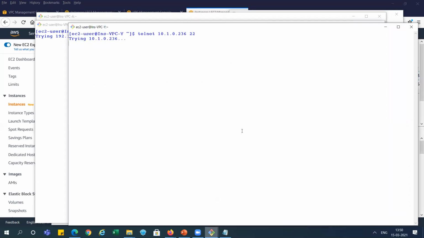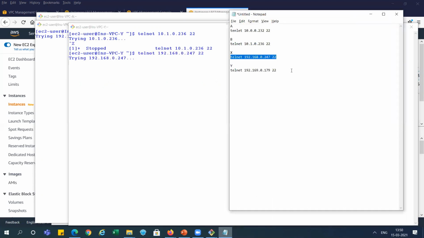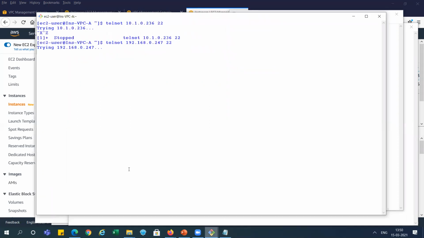From Y I'm canceling it, trying to connect, not able to connect, right? So now we need to connect with Y also. So I'm going with A, I'm canceling it, trying to connect with Y also from A, not connecting, right?